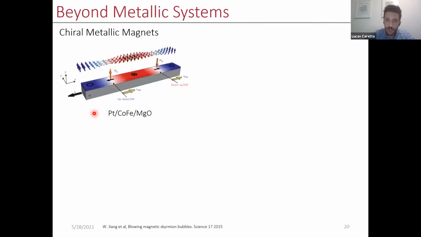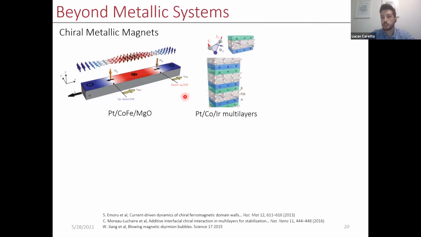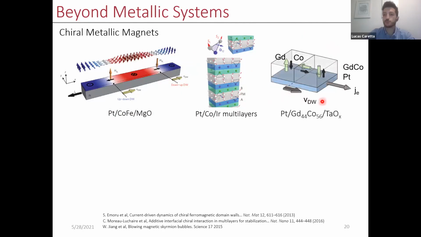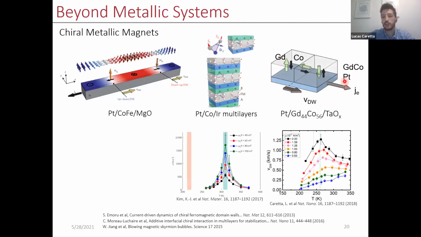These are tri-layer systems like the ones I showed you earlier, multi-layer systems, which can host skyrmions and other types of textures. Even the systems I showed you that have some of these linear fast dynamics occur in metallic systems as well, as shown by our group as well as some other groups. Metallic systems are great, simple systems to study these phenomena, but they have some major drawbacks.